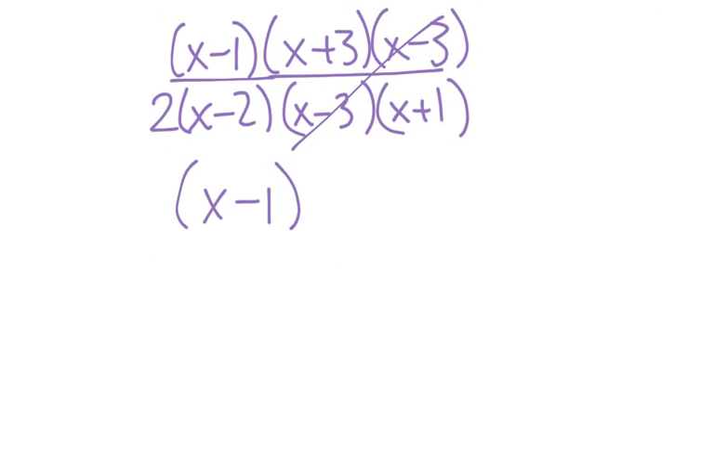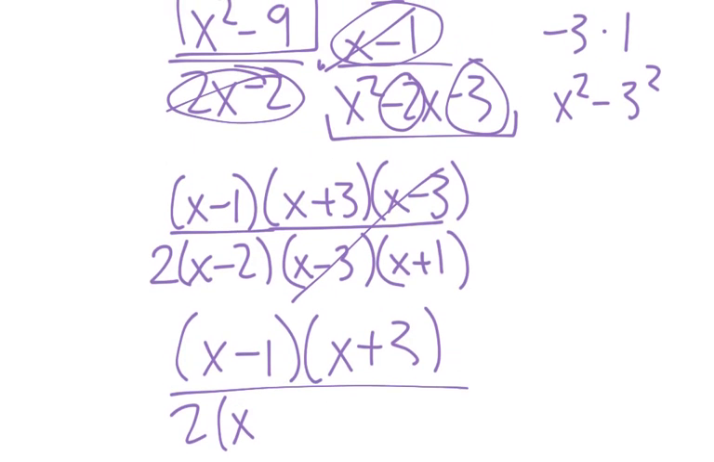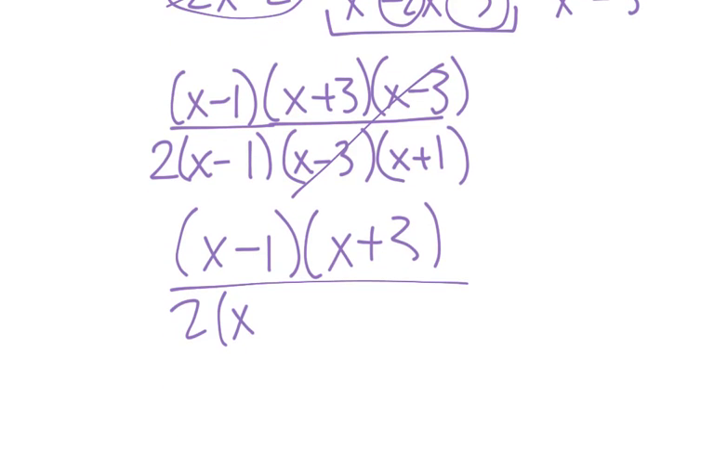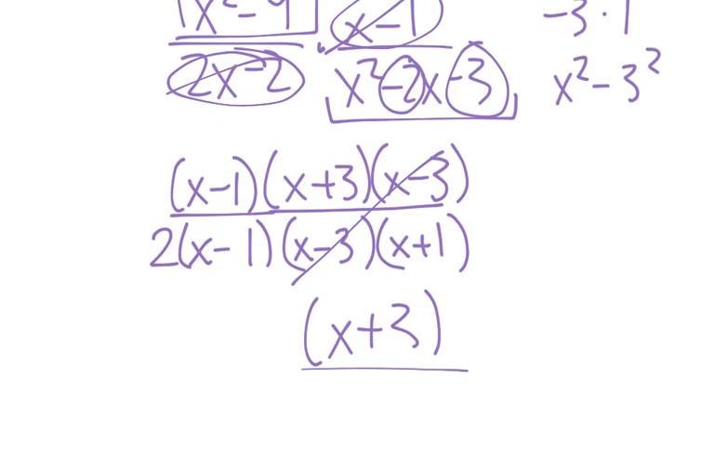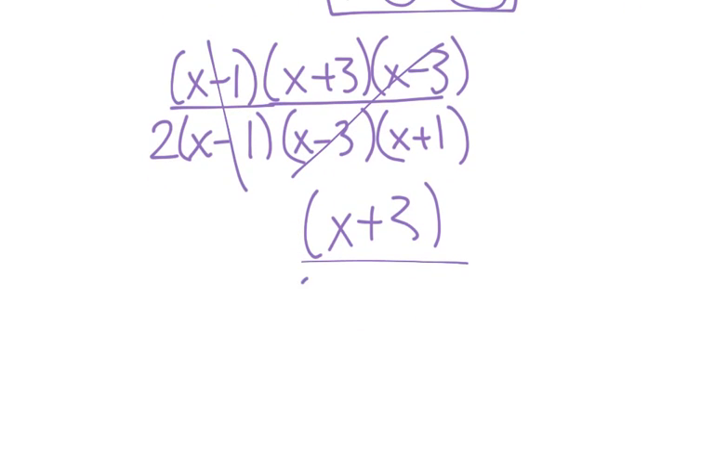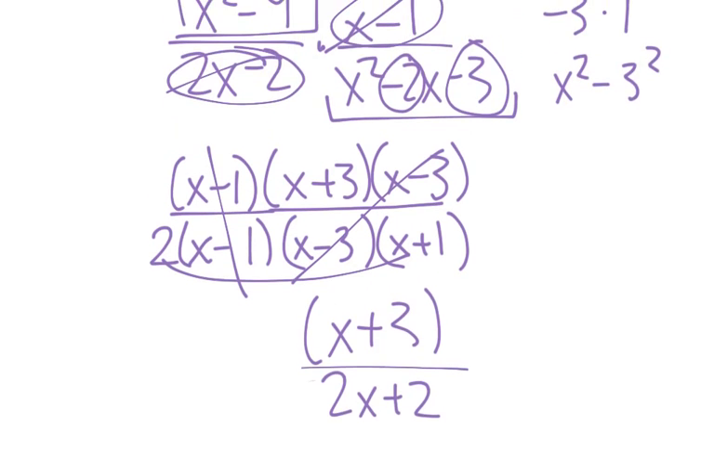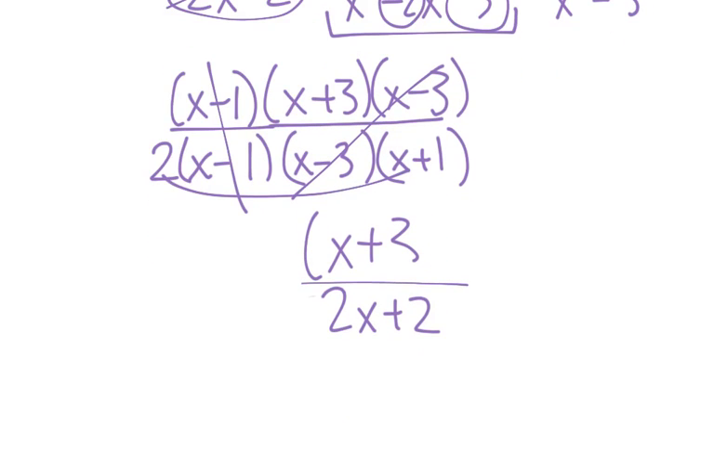x minus 1 times x plus 3 over 2 times x, double crap. That should have been x minus 1. Hopefully you guys caught that, because we can eliminate that, can't we? Which would give us x plus 3 over 2 times x plus 1, which I could change that bottom one and multiply the 2 through to get 2x plus 2. And I can also eliminate the parentheses when I only have one. So there's my